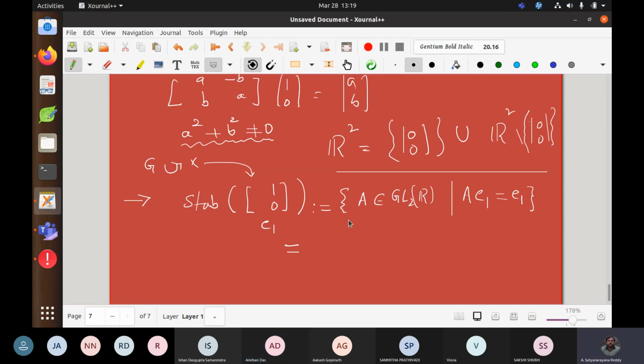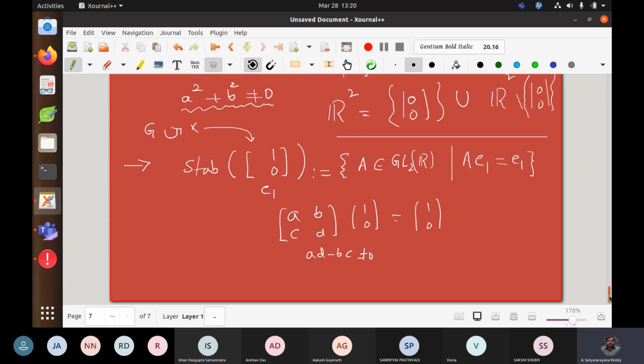Anyhow, now it is fine. But now what is the goal? I want to find all matrices for which (1, 0) is an eigenvector with eigenvalue 1. Okay, so what am I looking for? I am looking for all those matrices A, B, C, D such that AD minus BC is not equal to 0, and also A times (1, 0) I have to get again (1, 0). We cannot do it for every vector, so we'll do it for one vector and later we'll generalize, right? Okay, so now how do you go about it?